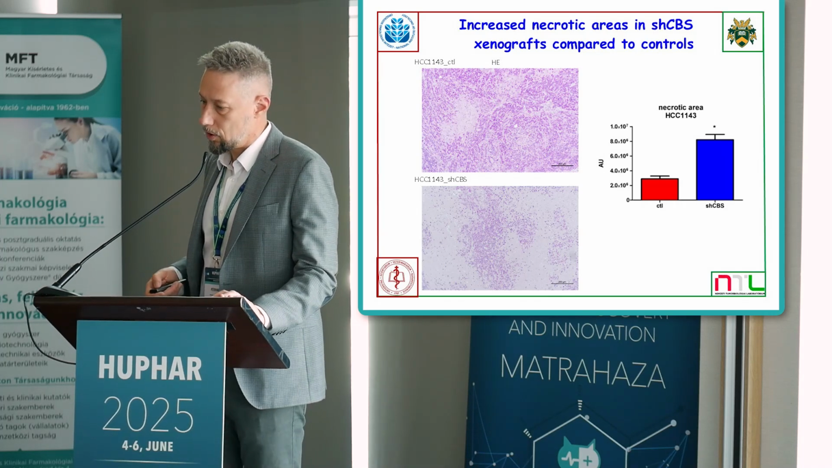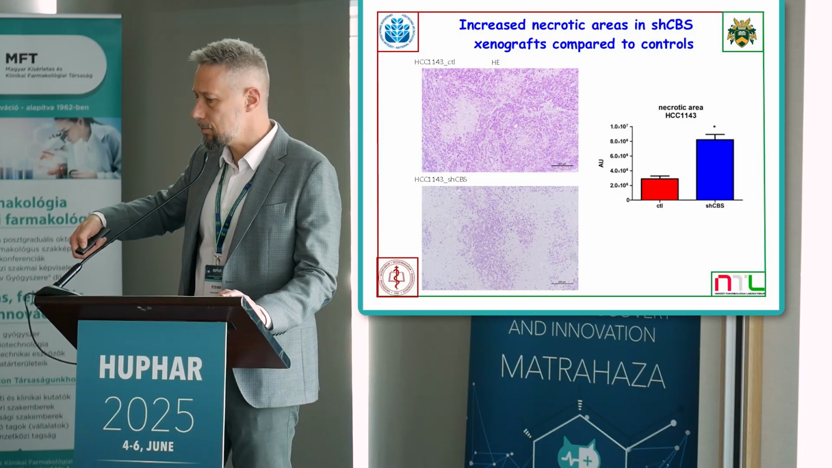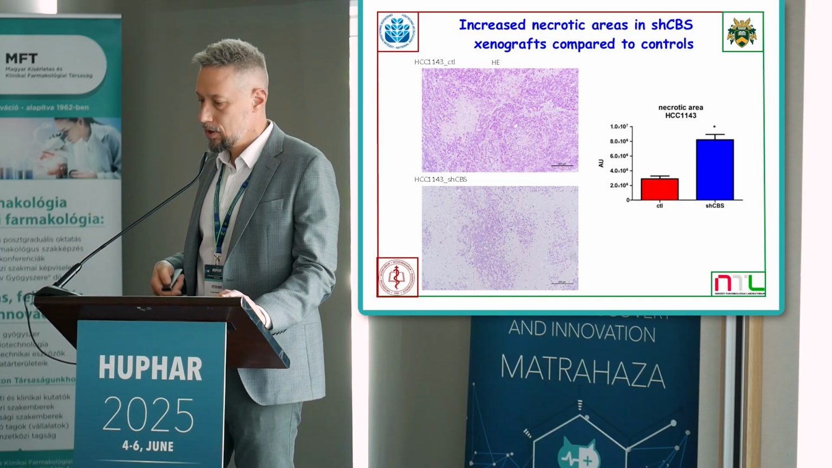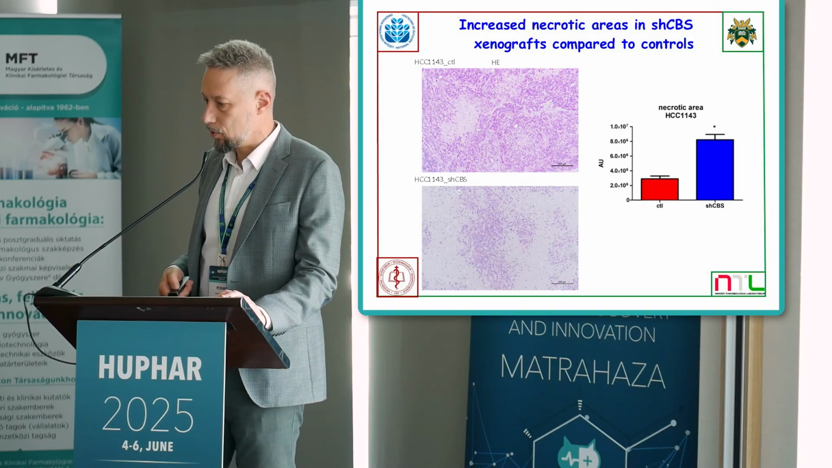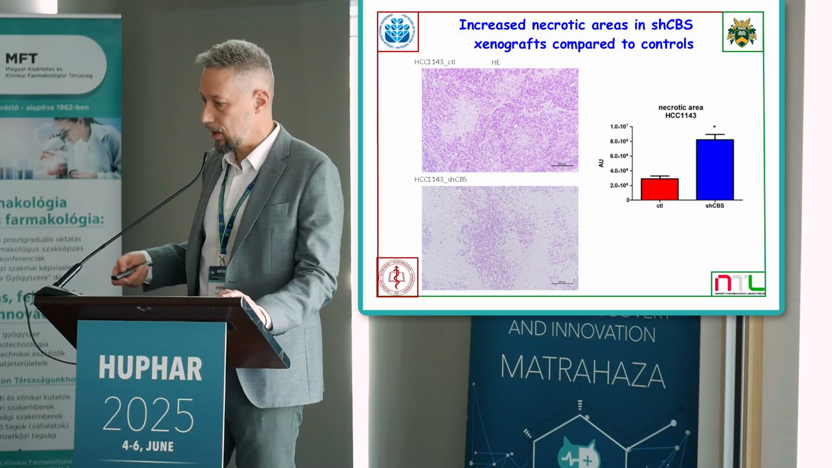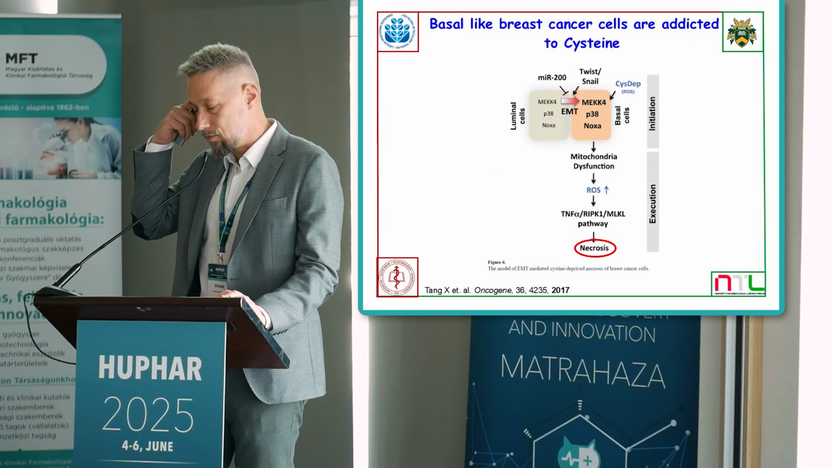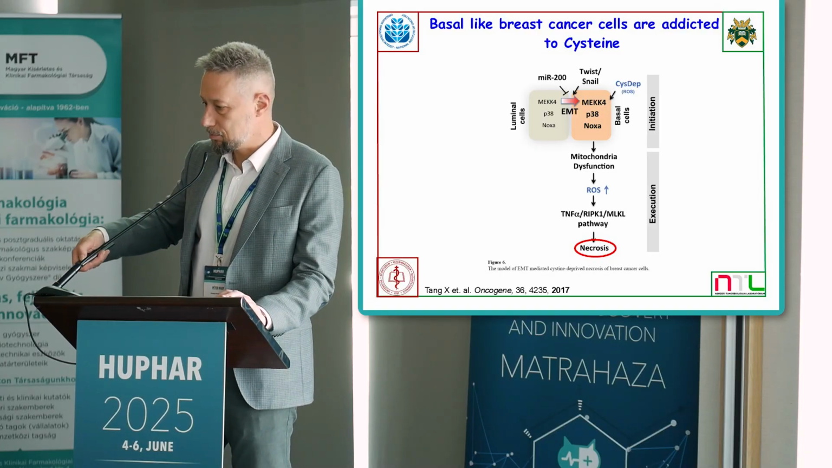Cutting the long story short, one of the observations inside these tumors was that in the CBS knockdowns we saw much more necrosis compared to the controls. I don't want to dwell on this because we don't have the time, but hypoxia was impaired in this particular tumor type. Angiogenesis was also impaired, and proliferation as well. We have some data trying to explain all this, but focusing on necrosis, at the time of these experiments, this